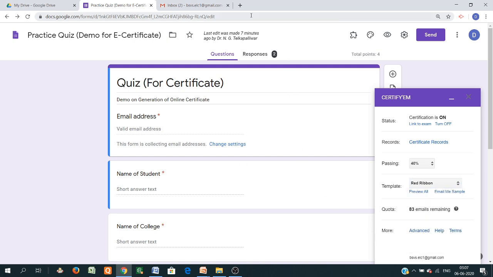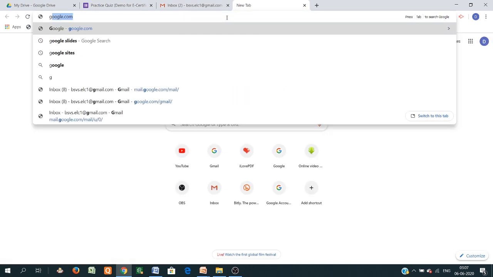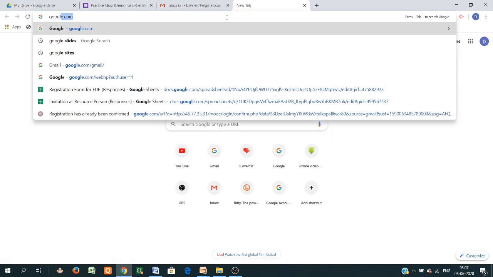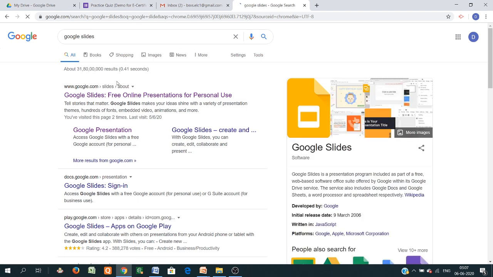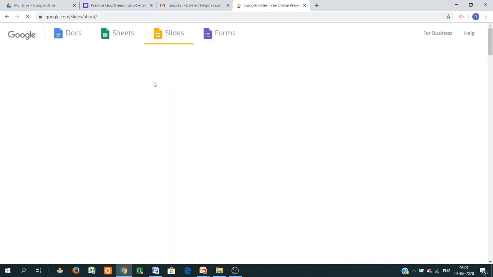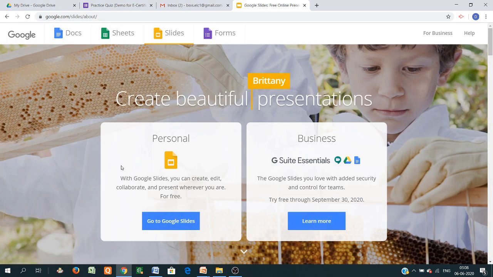So for that, just go in the search engine, type Google Slide. Then this type of window opens. Click here. Then this is the Docs, Sheets, Slides and Forms.